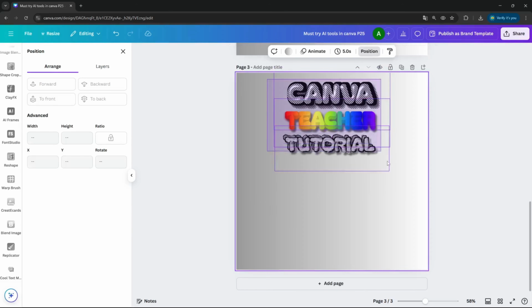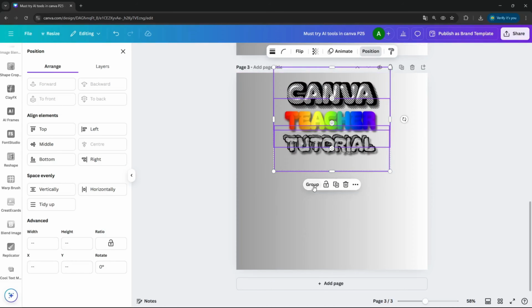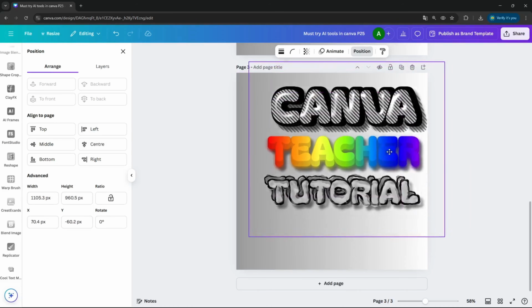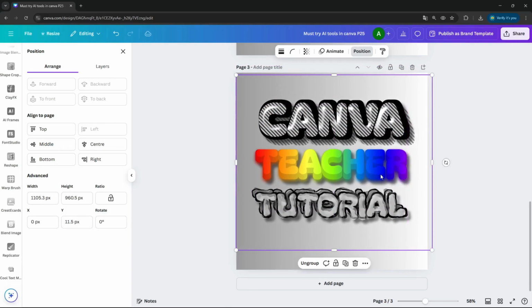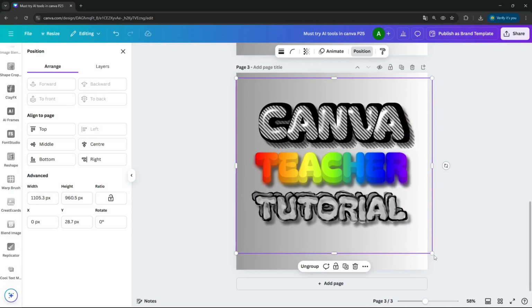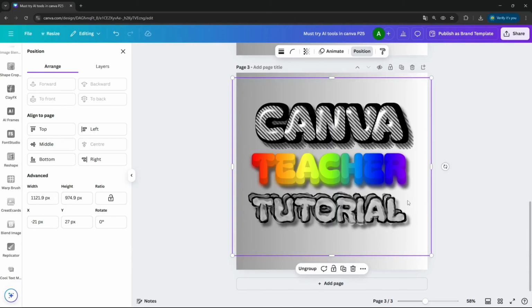Keep it in the center. I just group them like this. This looks good, but this blue portion is not so nice because I cannot really see the letters. With the lighter colors, it looks amazing. With the darker colors, it's not that nice, but